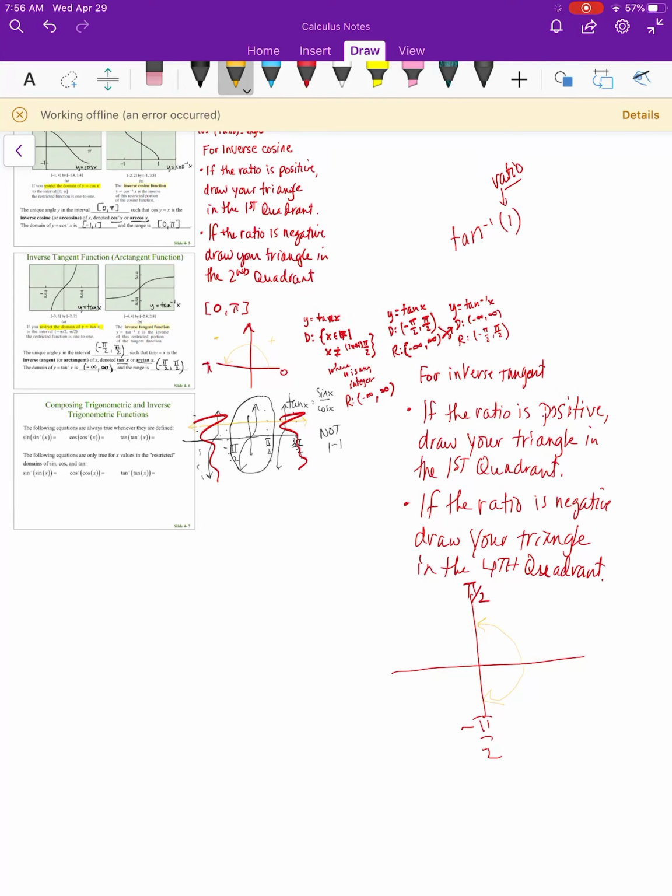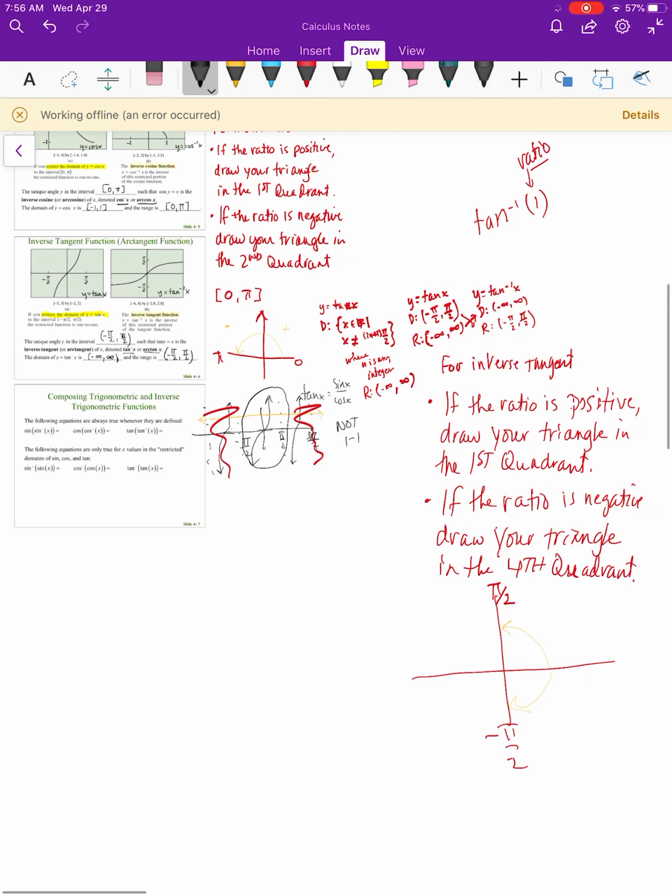it's going to go from here to here or from here to here. But it will not have an answer that's on the y-axis, where the sine function could. Okay? So what I'm saying there is